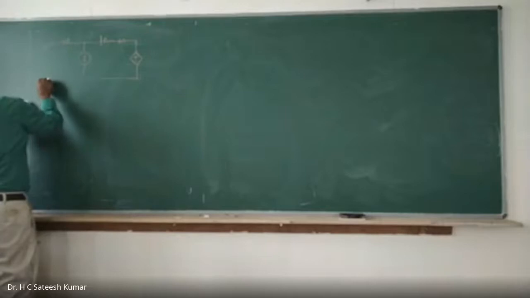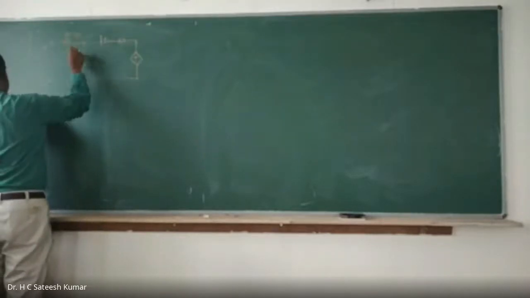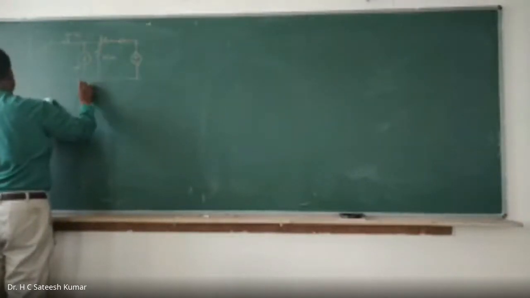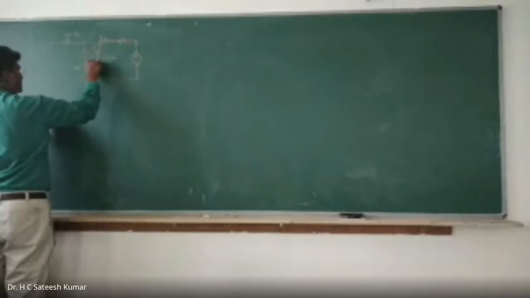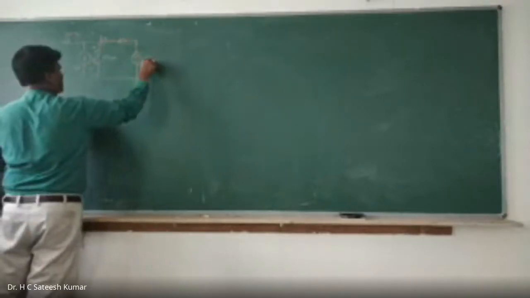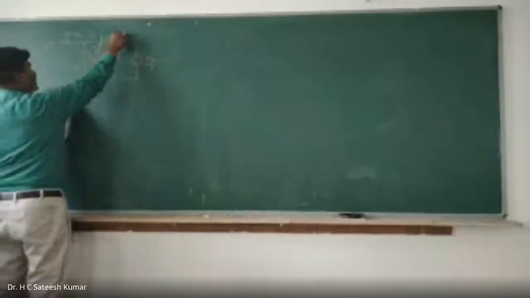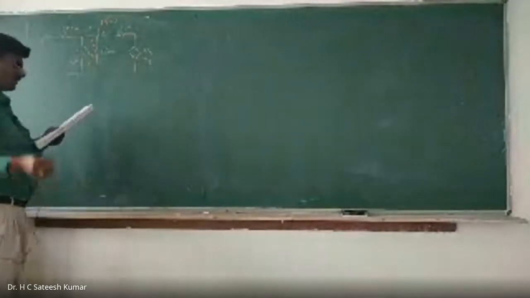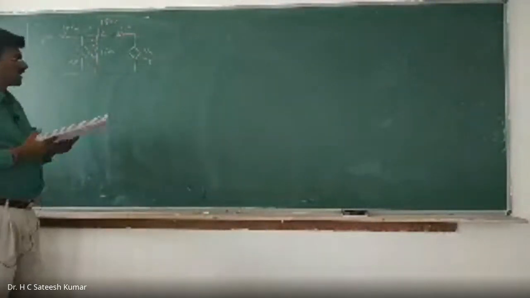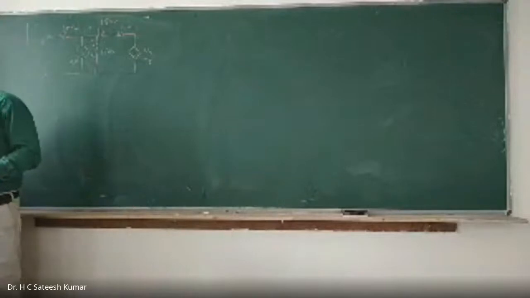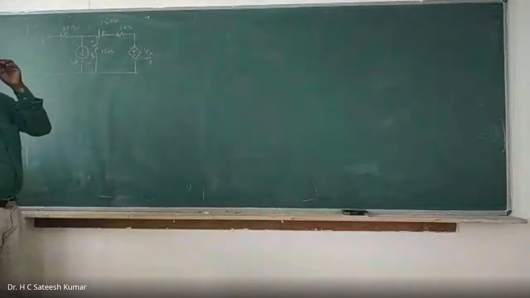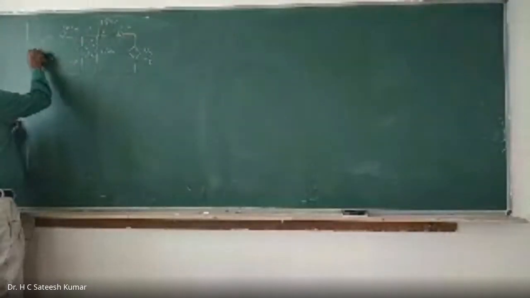A, B, 30 ohms, 5 amps, 15 ohms, plus minus Vx, this is Vx by 3, 10 ohms, 150 volts. Calculate the Thevenin's equivalent circuit across the terminals AB as shown in the figure. Nothing special in this problem. The only thing is the open circuit is given on this side. Doesn't matter. So on this side only, VTH we should find.